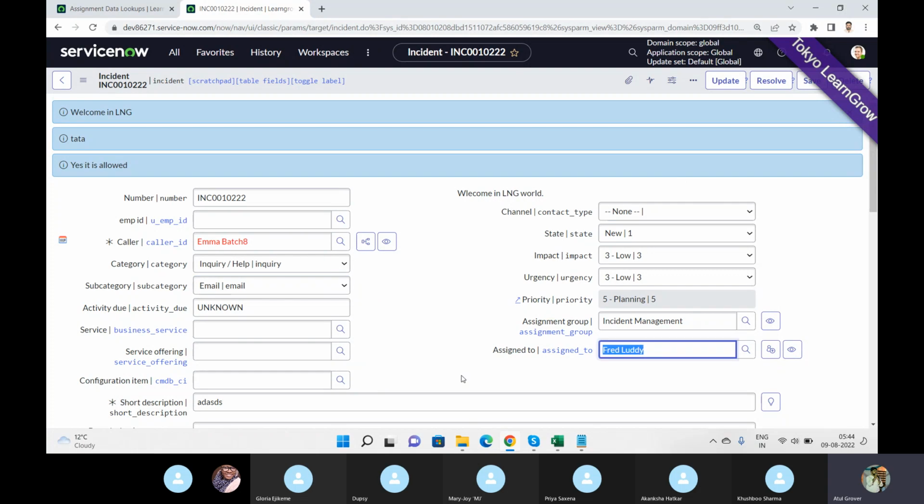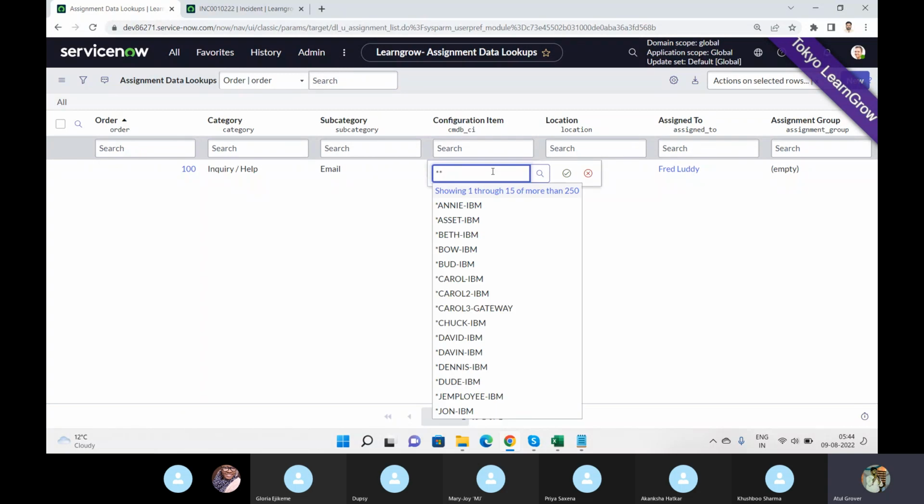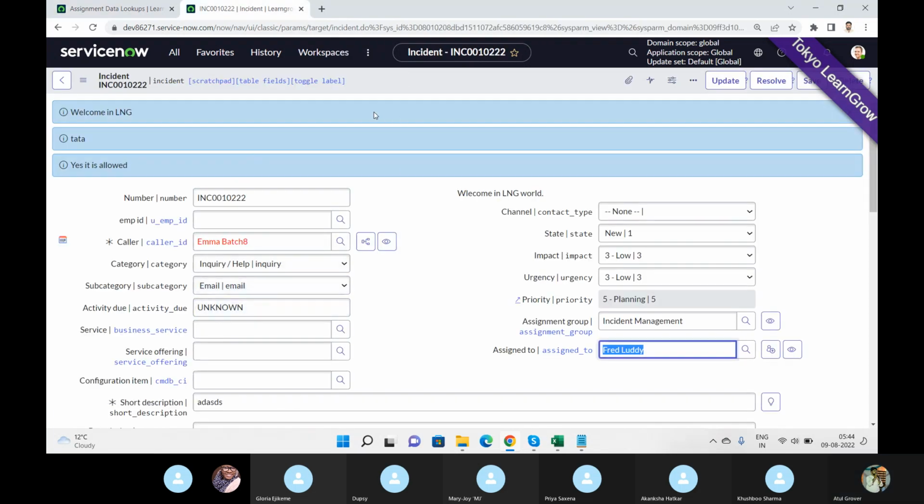See, it's assigned to Fred Ludy. How? Because again the lookup table has been done. If I put the configuration item as well, let's say I put the configuration item but IPM. Okay, now if I go and reload this page,